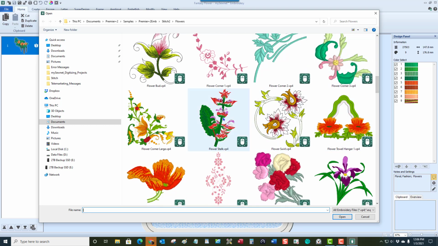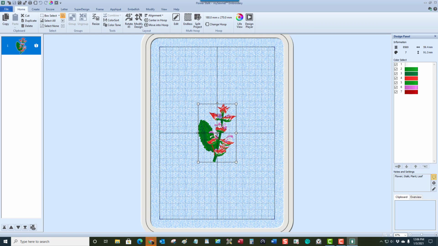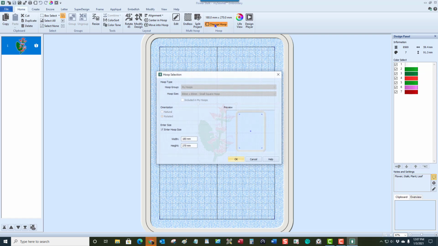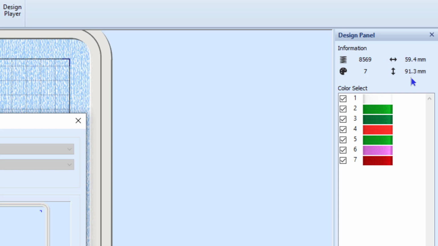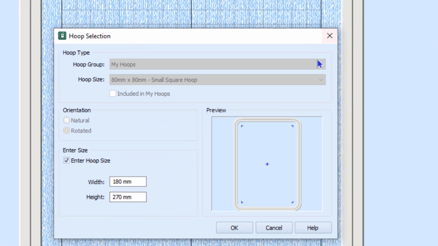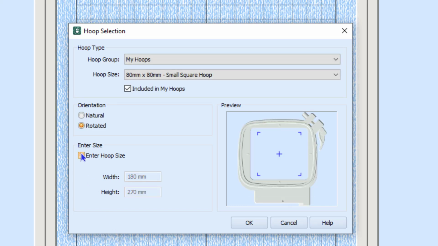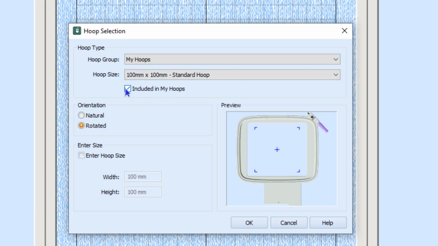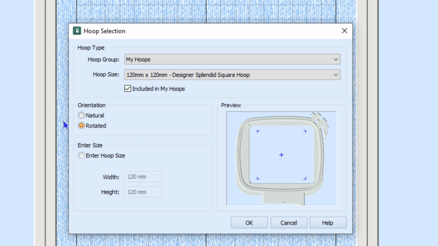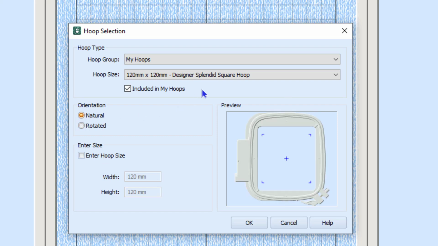And I'm wondering if this design might work out for me. Well, it has a smaller design, but it's still using the same hoop. But that's okay because I can click here. And as I look over here, I see it's 59.4 by 91.3. You know what? I'm going to switch this over and turn off Enter Hoop Size. And I'm going to go down to Natural,